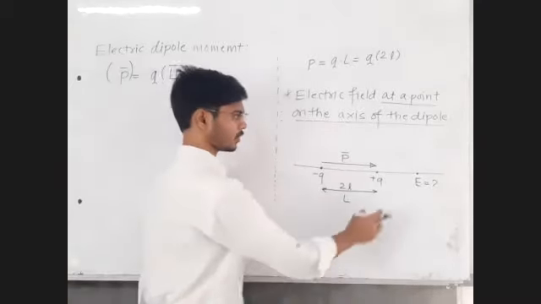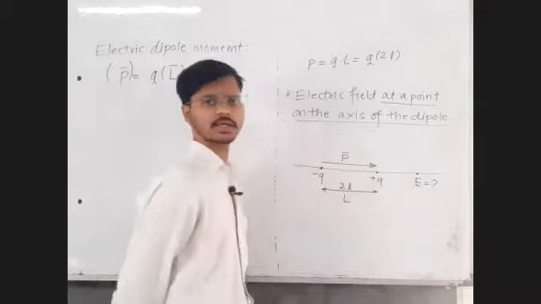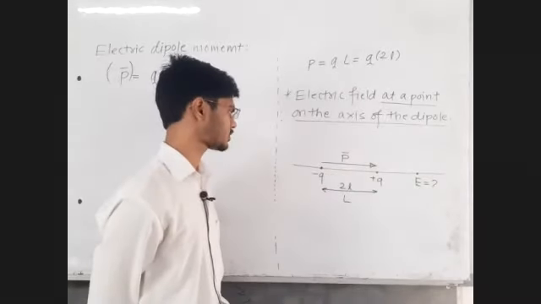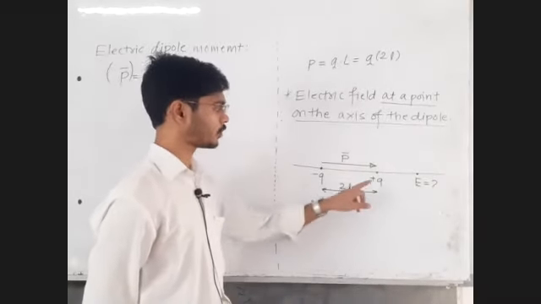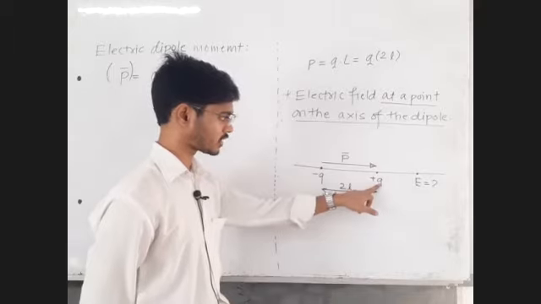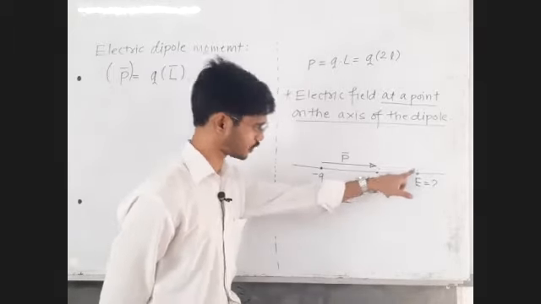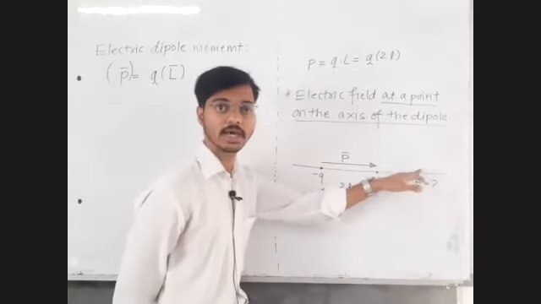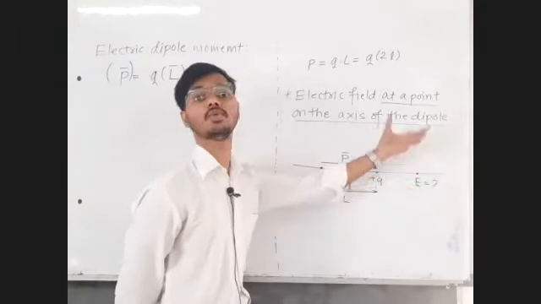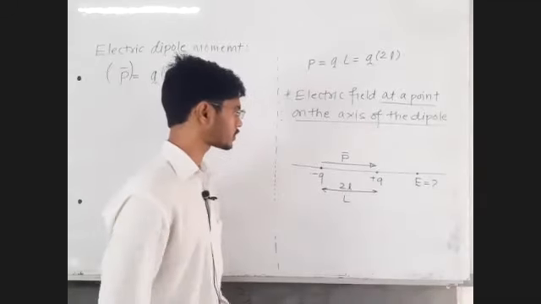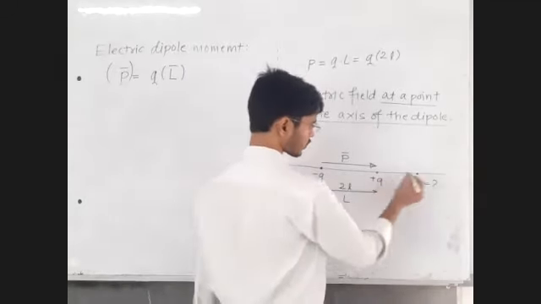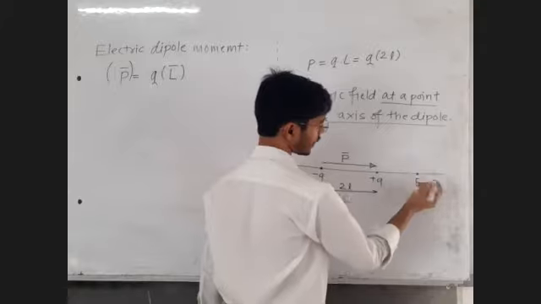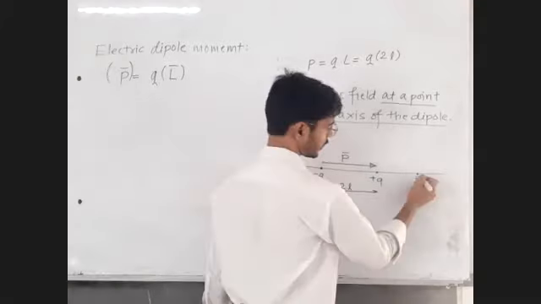Now we want to find out the electric field at this point. Sir, electric field is a vector quantity. Yes. Sir, we know how to find out the electric field due to the point charge. So find out the electric field due to the first point charge. Find out the electric field due to the second point charge. Check what their directions are, do the vector addition. Okay, sir. But sir, at what location is this given point, the final point, located?